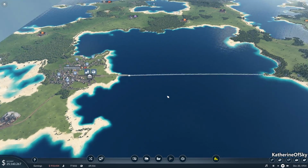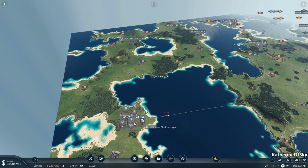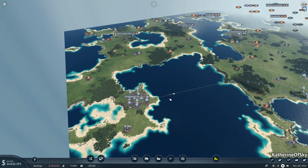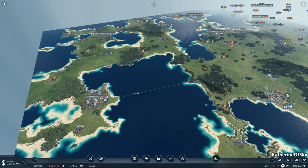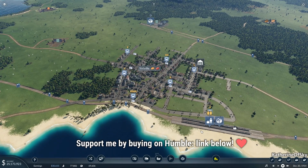I'm kind of wondering if I should do 2 trains here or not. Of course, we could do Don't Blame Me City, a train up to Takan Twin Cities. It'd be interesting to see if people go directly from Erieville or if they just kind of go around. But anyway, that is all the time we have for the episode